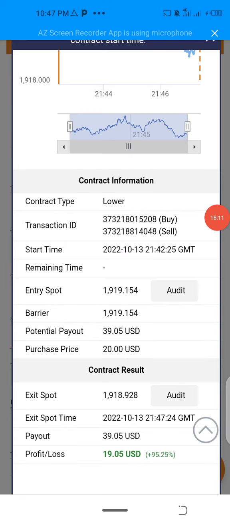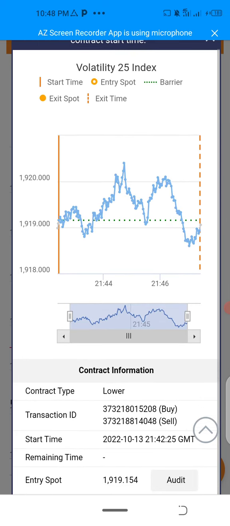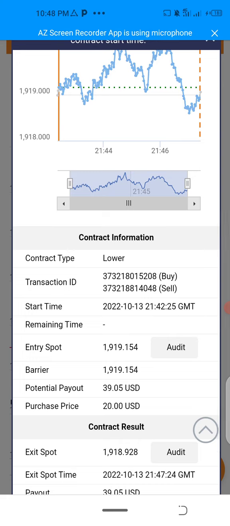So ladies and gentlemen, what actually happened right now in our second trade, we won $19.05. That's to say the first $10 we go in with, we take it back, and we still make $9.05 as profit. Now imagine, see where the parameters is, and see where the moving average came down to, and we won the trade.